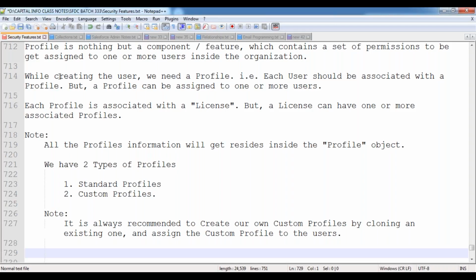what operations the user can perform on each and every object, what fields the user can access, what page layouts the user can access, what record types the user can access, what general permissions, system permissions, custom permissions, administrative permissions can be granted to the user, what session settings to be applicable for the user, what password policies to be applicable to the user, what Apex classes the user can invoke, what Visualforce pages the user can access, what login